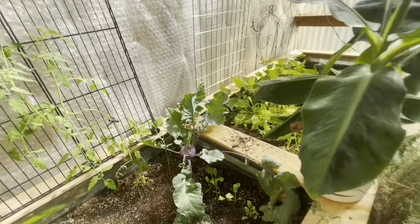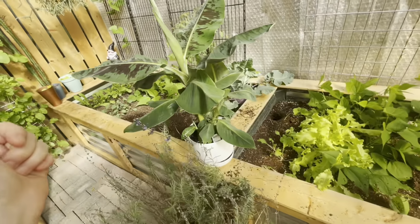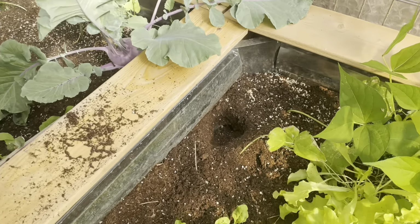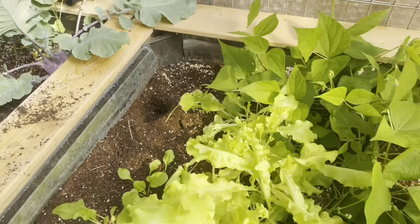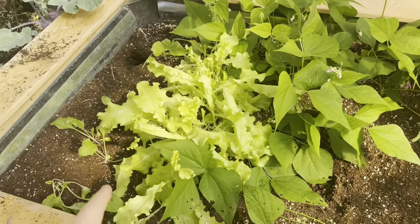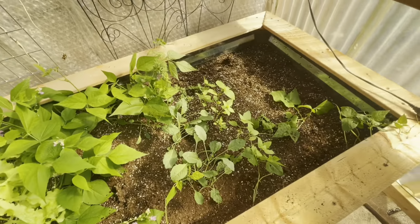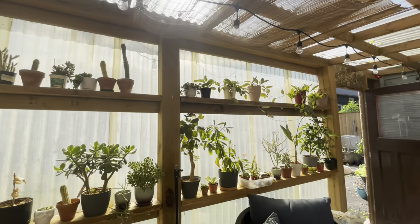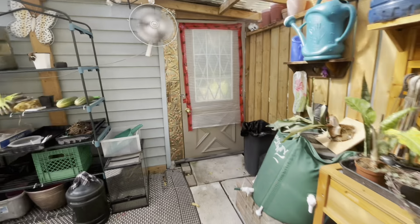Kohlrabi looking gorgeous. This is a banana plant, also looking gorgeous. Big hole. So the squirrels have been in here digging. You can see they made a mess. There's some more beans, salad greens. Everything doing great. Same with my houseplants over here. Everything's doing pretty good. And if we go to the back,